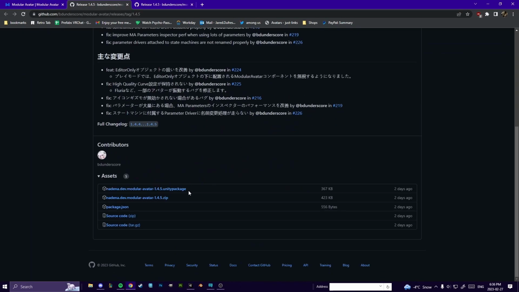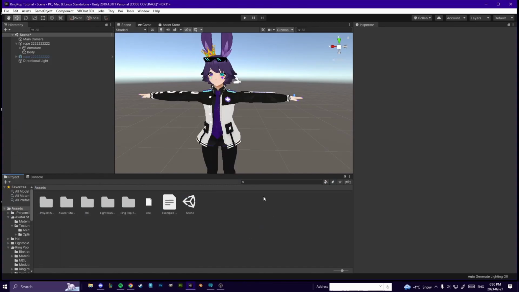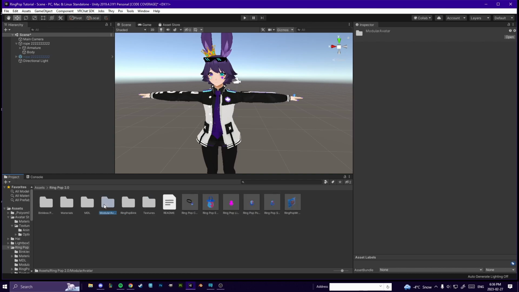You're going to go to their page, go to their GitHub, and you're going to download their Unity package. Then you will import that into your project. And you will also import the ringpop 2.0 package, of course. Once both of those are imported into your project, you will open up the ringpop folder, and then there's a